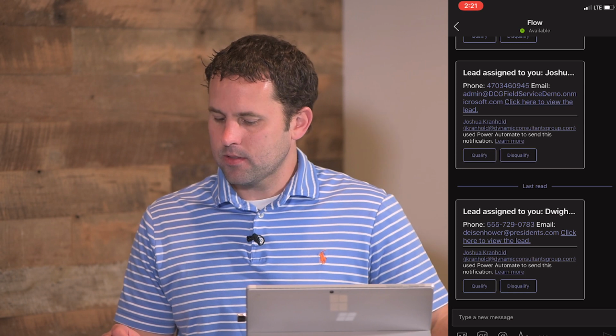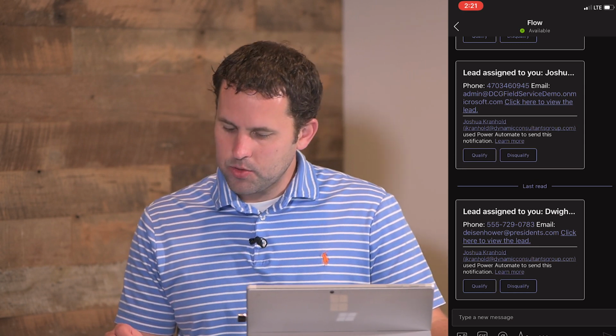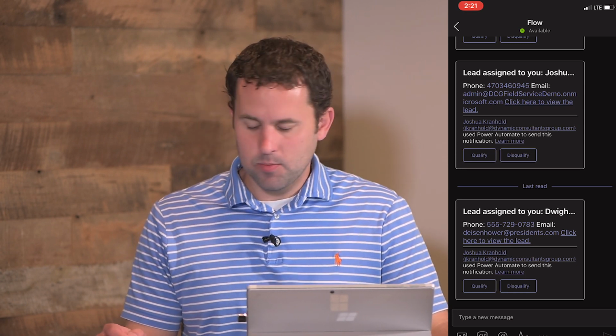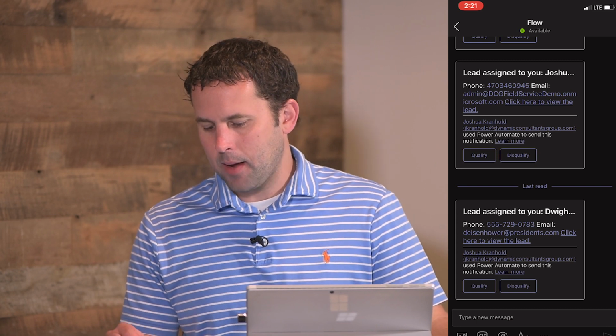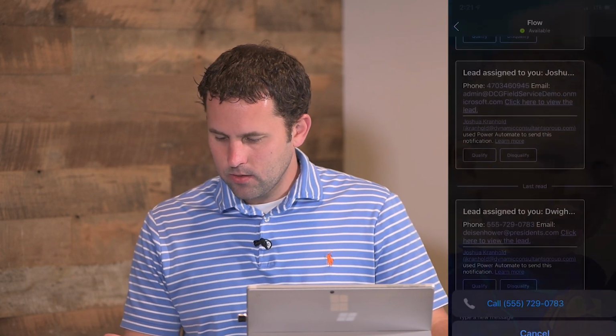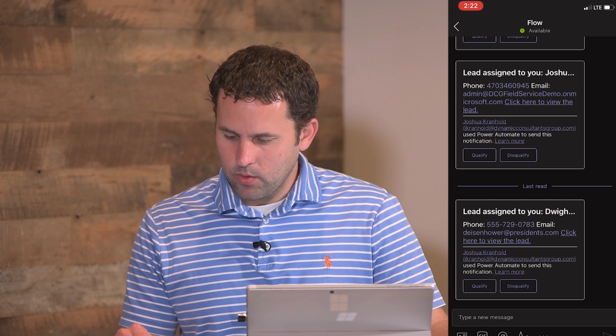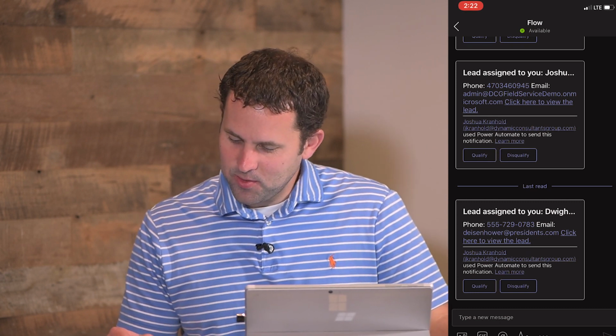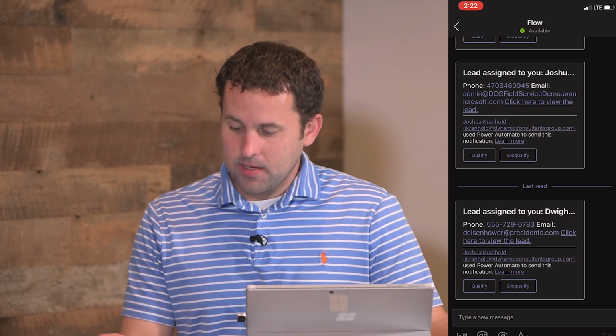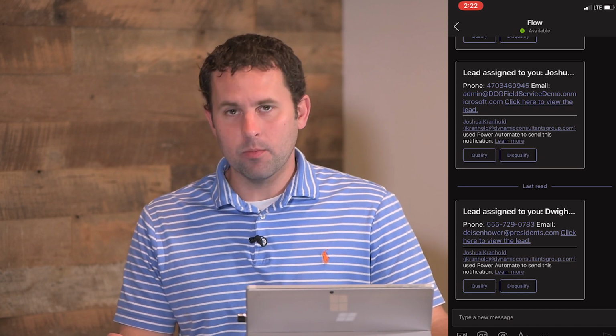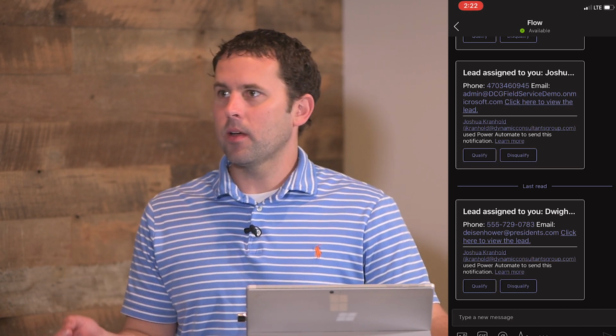And you can see here in Teams that the lead, I get sent a card that the lead has been assigned to me. It gives me the description. Also, it's nice because it has links, so I can tap this phone number to dial. Really don't want to do that right now, but yeah, I could do that. That's a fake number anyhow. Or I could tap the email address to send that person an email.